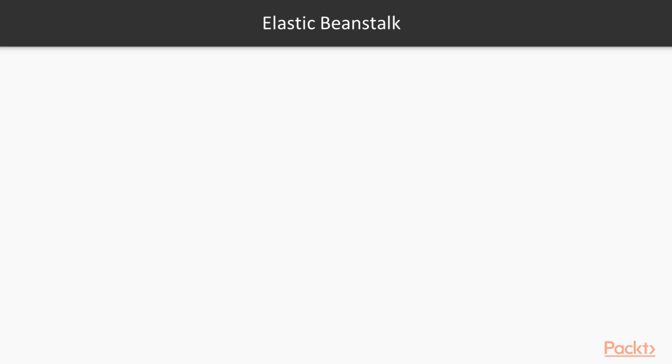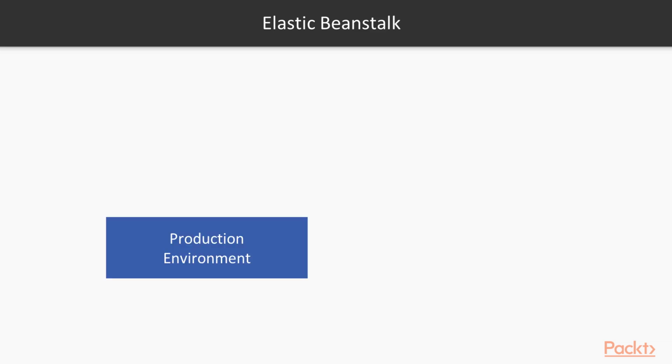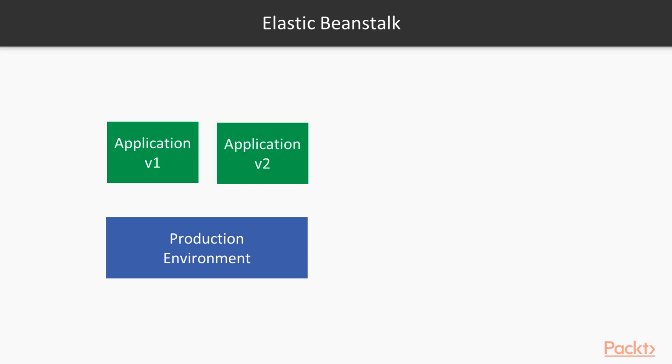Now in Elastic Beanstalk, what you create first is something known as an environment. So let's say, for example, you have a production environment created in Elastic Beanstalk. On top of that, you deploy your application. Now you can deploy multiple versions of your application. So what you can do is that you can first upload the application version and then deploy that version on